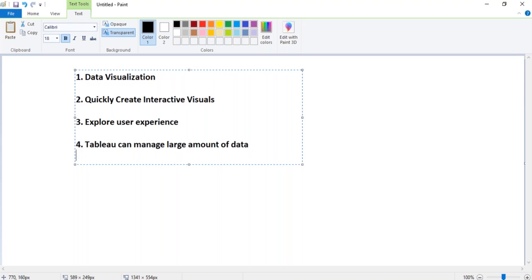Tableau can manage millions of rows of data, easily and flexibly. Different types of visualizations can be created from the large amount of data without any performance issues in the dashboards.